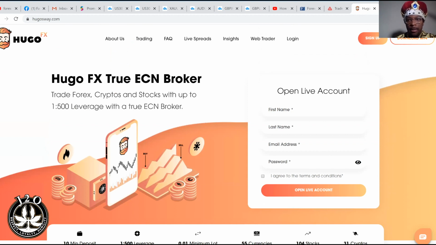And to download the platform, it's on the home page. All you've got to do is download MT4 over here, and you follow the steps. It's pretty much the same way with all these brokers: download it and click next, next, next, and then it should work. And that's how you get the platform. And once you download it,